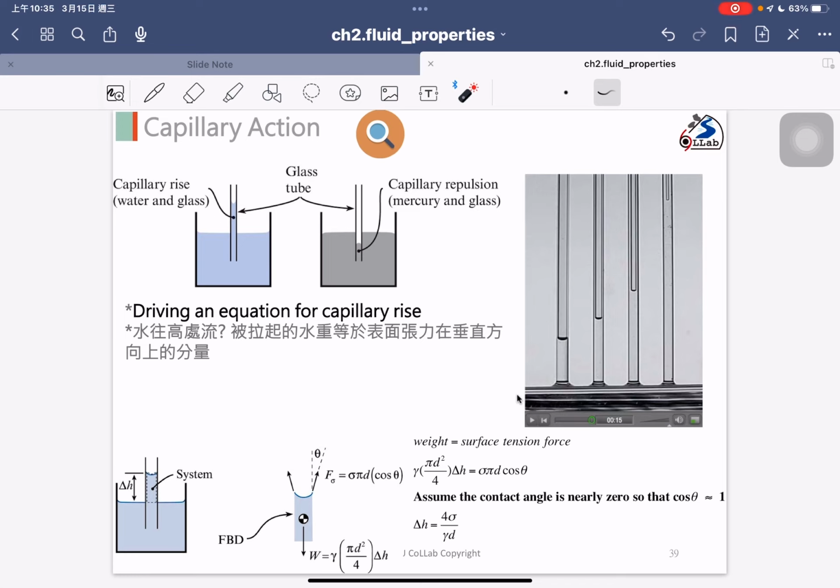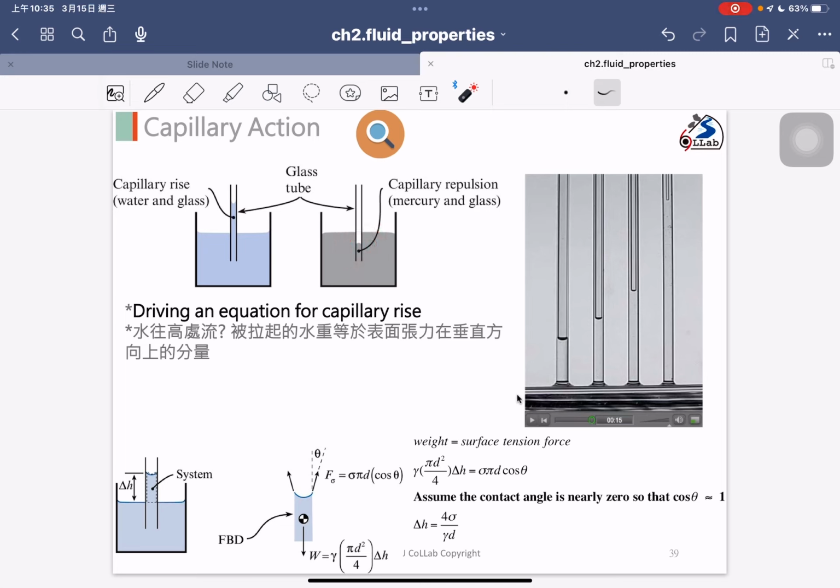Okay, so we want to understand how high the water level rises. Does it change with different tube diameters? And the second piece of knowledge: if we put the capillary tube in mercury, you actually see a different phenomenon